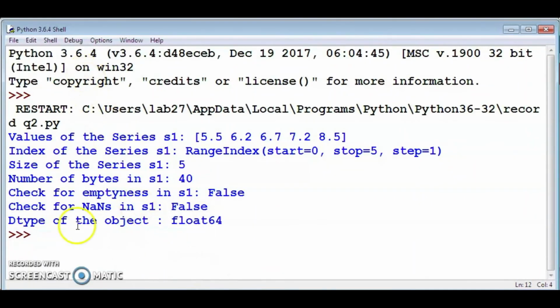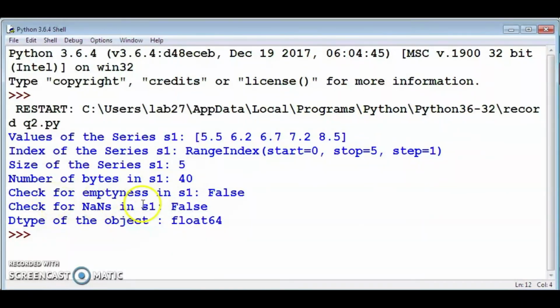Check this one. Values of series s1. These are all the values we can see. Then index of the series s1: RangeIndex, start equal to 0, stop equal to 5, step equal to 1. Size of the series s1 is 5, only 5 elements. Number of bytes in s1 is 40, that is size of the series into 8, 5 into 8, that is 40.